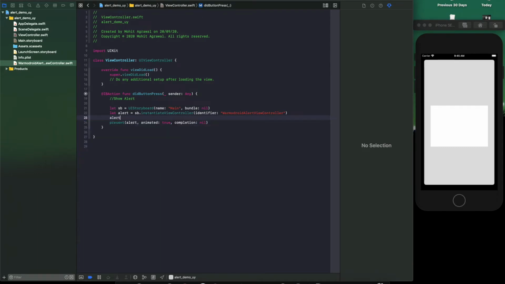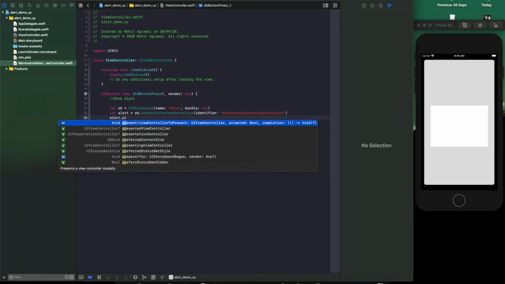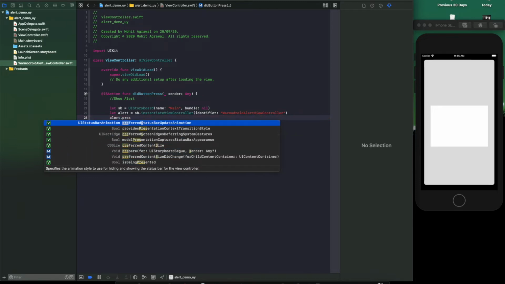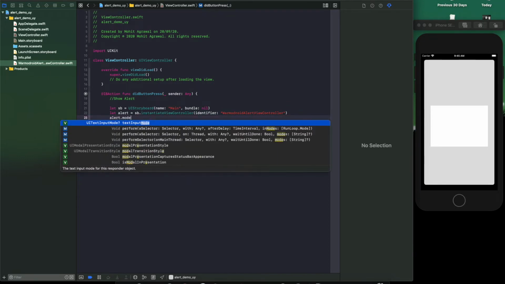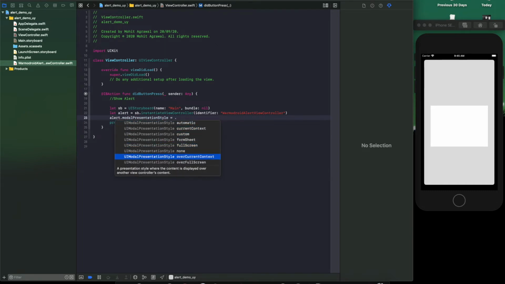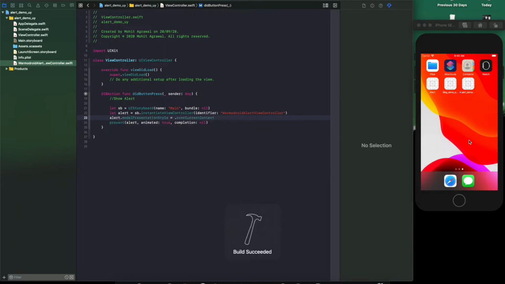So we can do this alert dot presentable model presentable style, something should be like that, this one, and here over the current context. Now let's run it again and see how it is coming.